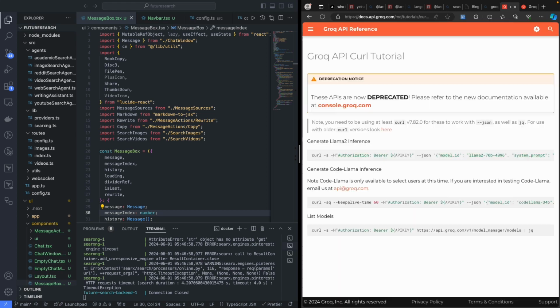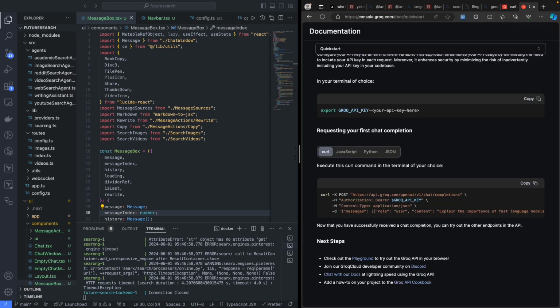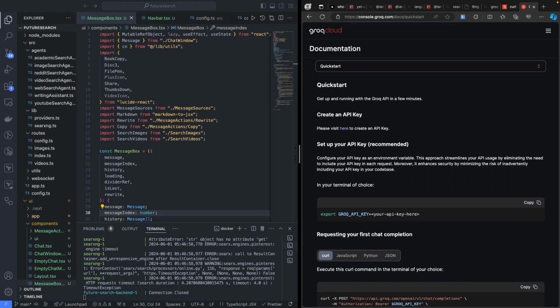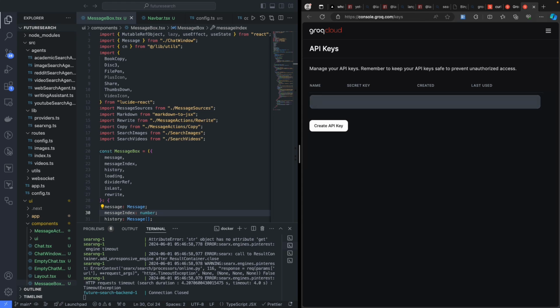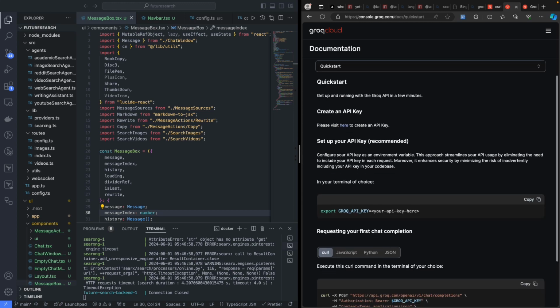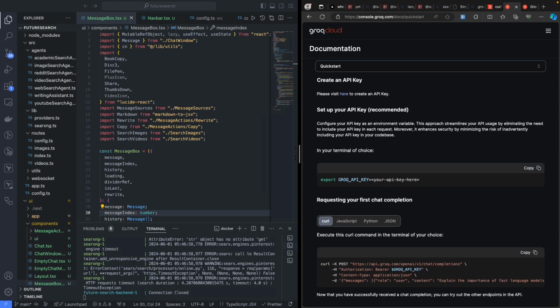So if you wanted to get started, all I can say is go to console.groq.com, and that's where there is a documentation and there is a direction how you get the API key. If you just click on this API here, it will take you to the key section, and that's where I've just created this future search one API key. We can just go ahead and create and come back to this, and so I'll just show you where to set the